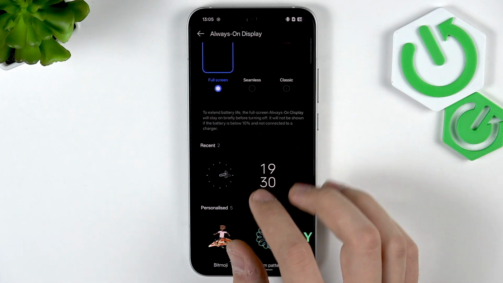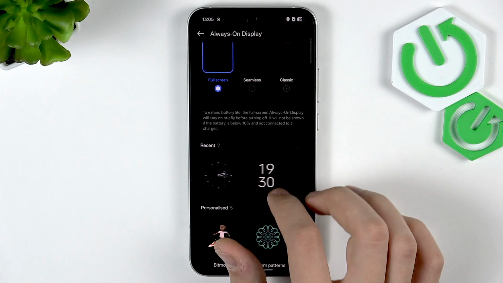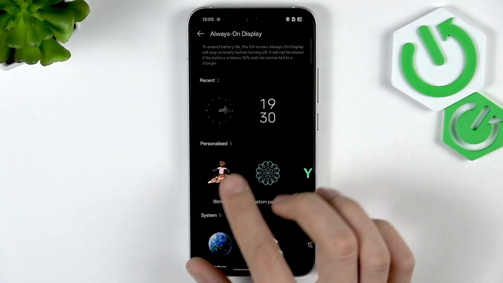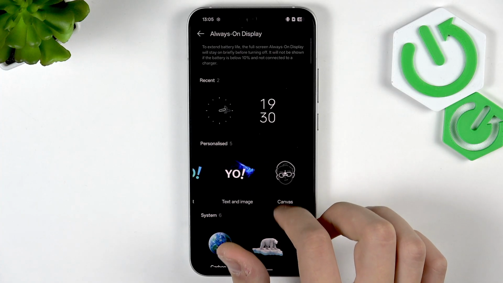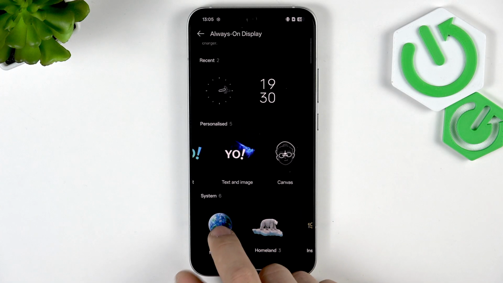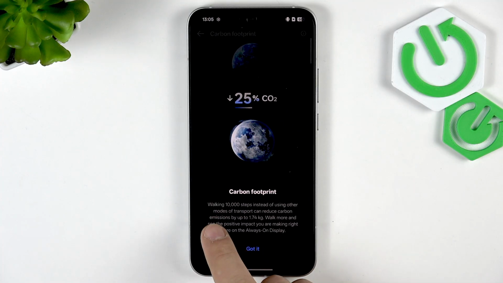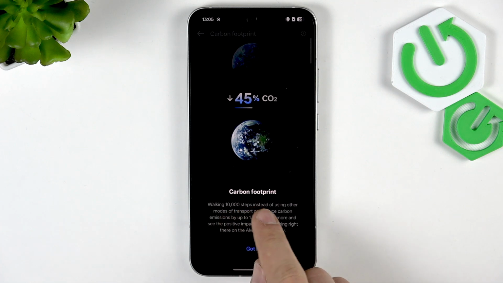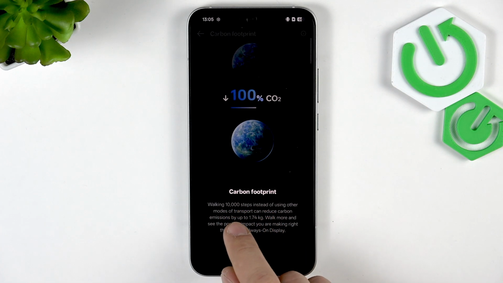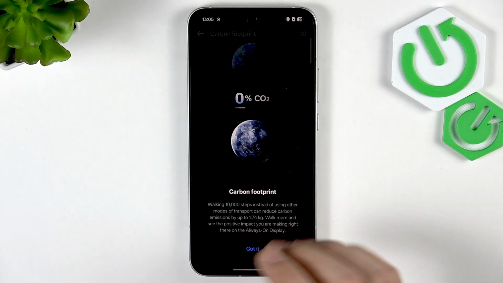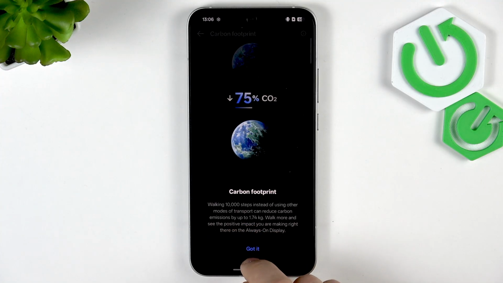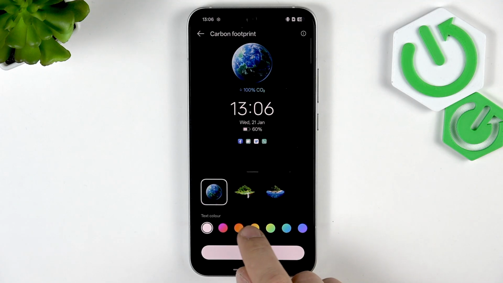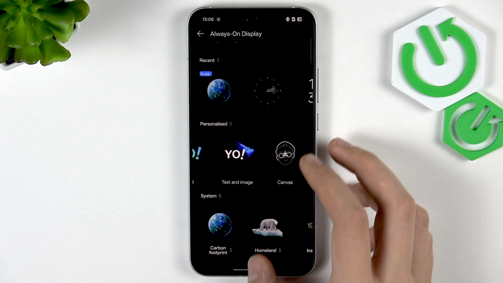So as for the always on display, we do have here recent clock styles, personalized, for example, we can set it for Bitmoji, custom patterns, text and image, even canvas, some system, as I can see, carbon footprint, for example, walking 10,000 steps instead of using other modes of transport can reduce carbon emissions up to 2 kilograms, almost 2 kilograms. Walk more and see the positive impact you are making right there on the always on display. Got it. You can select the color of the clock, apply,